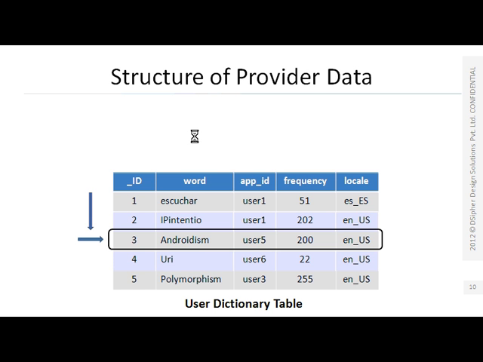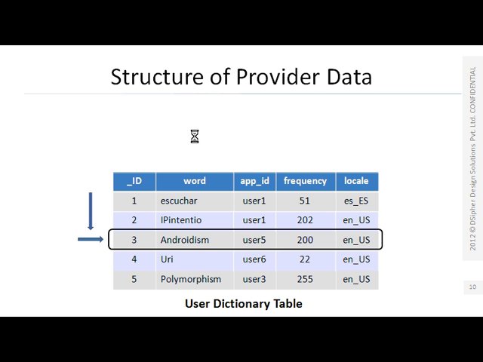If you are going to type an email in the email client, whatever word you have saved in the SMS application can also be found in the mail client, right? That means this user dictionary is common to each and every application. Those applications are getting access to this common database. So this will be implemented by the content provider, because those applications who are getting access to this user dictionary table will implement a content resolver.